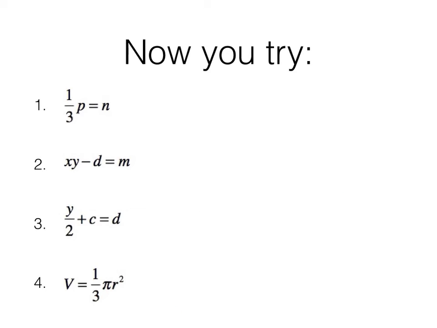Okay, so these are your 4 more problems, and I want you to try them. So I'm going to tell you what variables to solve for. In this first one, you're solving for P. In this second one, you are going to solve for the Y. In this third one, you're also going to solve for Y. And then in the fourth one, we're going to make this one sneaky. We're going to solve for R on that one. So pause it and try it yourself. And my answers and work, or work and answers really in that order, are coming up in 3, 2, 1,